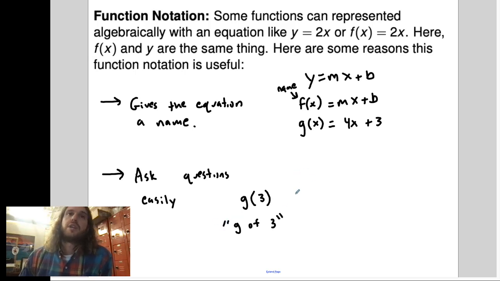If it's g of 3, then this asks a question. What is that question? The question is as follows. It asks the question,